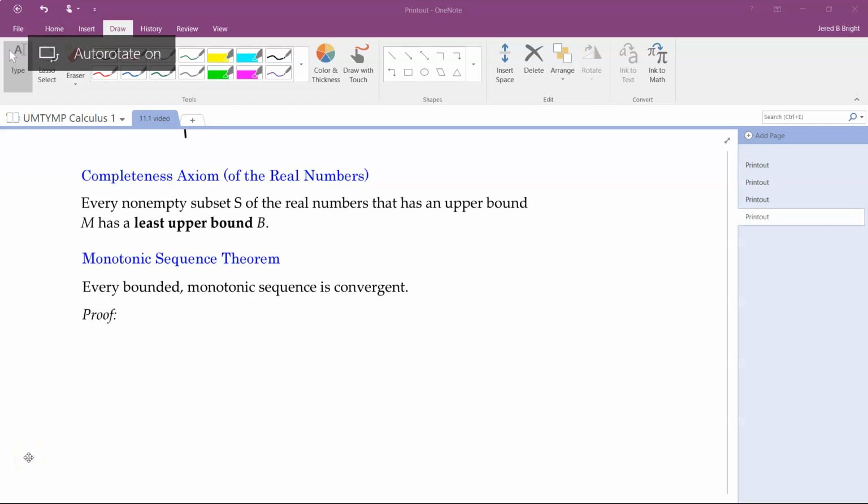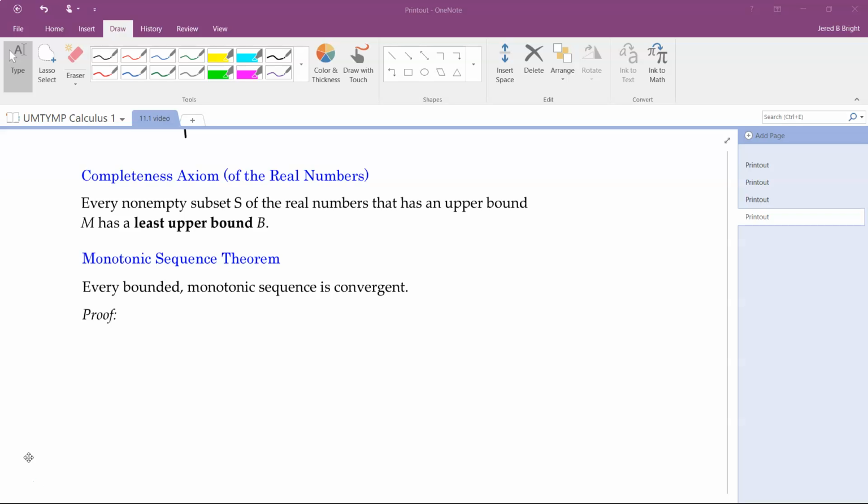Welcome back. In the last video we talked about the idea of monotonicity, whether it's increasing or decreasing, and then boundedness. So now we're going to introduce you to the major theorem that allows us to conclude convergence of a sequence without actually having to find its limit. But first, a very nice axiom that we're going to make use of in the proof of the theorem is